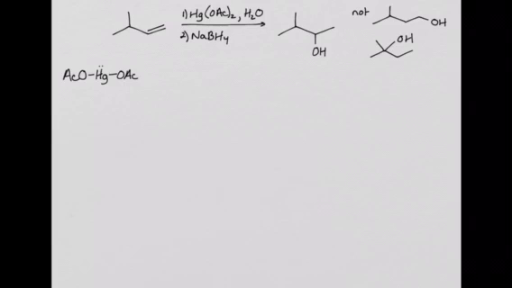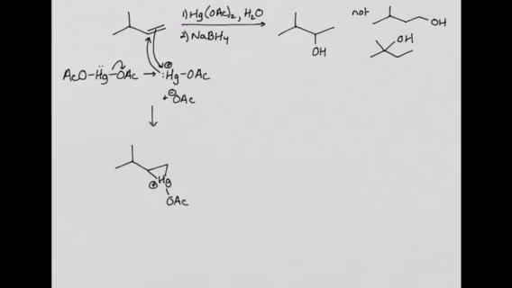In the first step, the mercury diacetate ionizes to produce acetate ion and the mercury cation. The mercury cation that is formed is then added to the alkene to form the cyclic mercury intermediate. It is the cyclic intermediate that is attacked by water as the nucleophile. It is at this point that the regiochemistry of addition is determined. The carbon which is attacked by the water as a nucleophile is the carbon that will later contain the hydroxyl